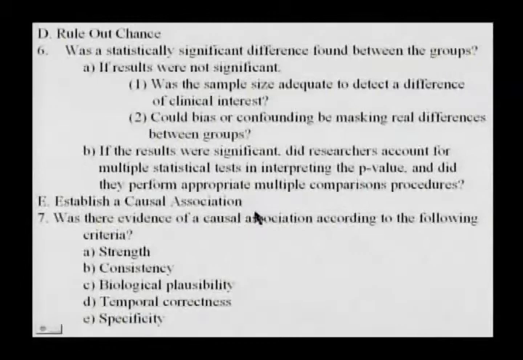Then establish a causal association. As we just saw, was there evidence of a causal association according to the following criteria: the strength, consistency, biological plausibility, and temporal correctness and specificity. This approach is, of course, extremely valuable and an obligation in designing our experiments, and all the way to reporting the experimental results, but also this sequence of analyses of any experiment are important in evaluating a research report, an article, if you have to do so for a journal club or whenever you're reading a research article for whatever utility. So this completes our discussion of establishing